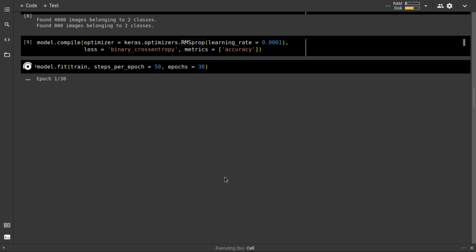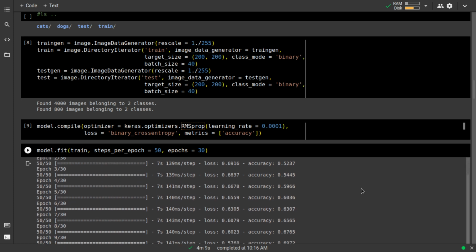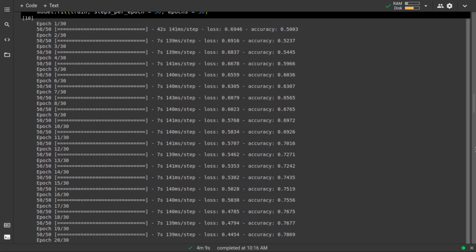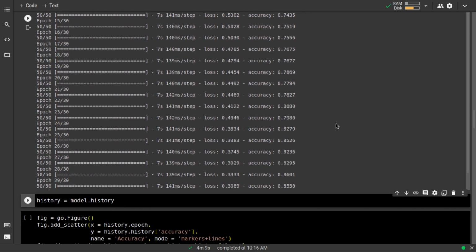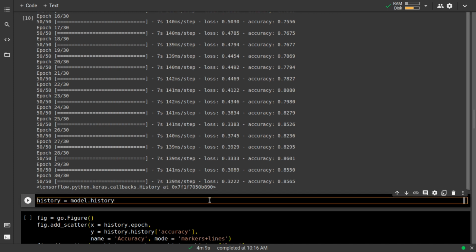So I'll pause this video as of now, and when the training is done, I'll show you everything, how this neural network is learning stuff. Okay, so training is done now, and as you can see, I have got 85% accuracy on training data, and the loss is 0.322. Right, and this should be your regular practice. You should try to plot your training and testing losses.